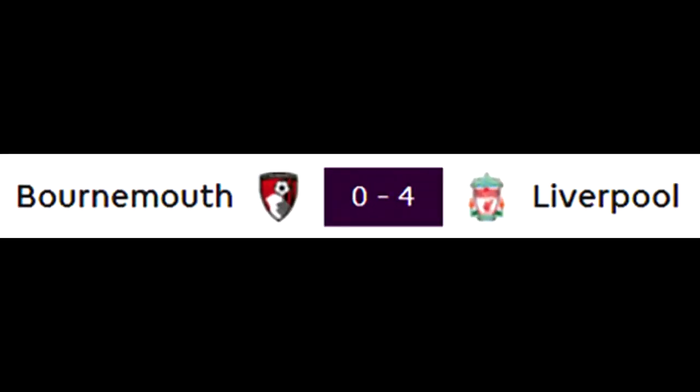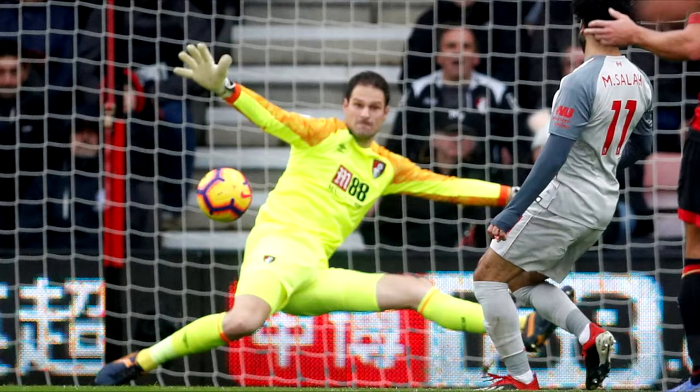We start with Bournemouth versus Liverpool. Liverpool took the lead in the 25th minute as Mo Salah gave the visitors the lead. Lovely interplay between Salah and Firmino as they play a 1-2, which leads to Bobby Firmino taking a hopeful effort from distance. Asmir Begovic can't hold it, and in comes Salah to tap home the rebound, despite being a good